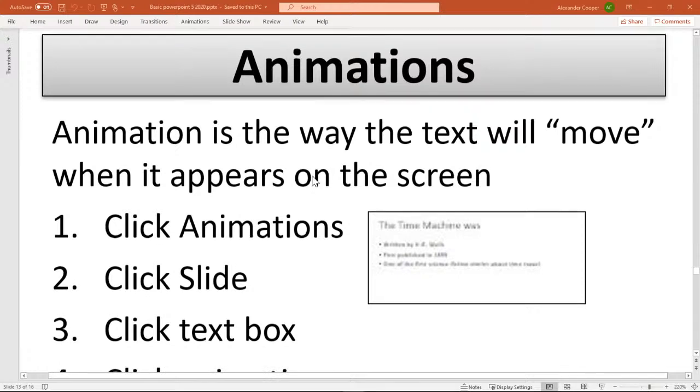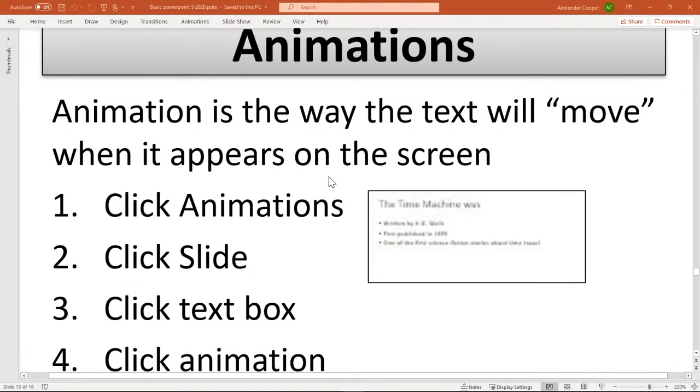And I'll show you a quick tip too, how you can do GIFs in your presentations as well, okay?